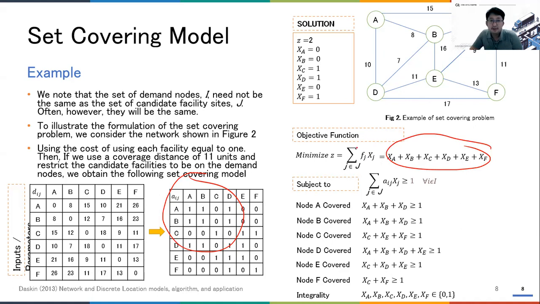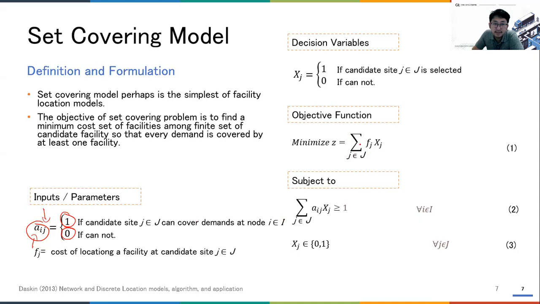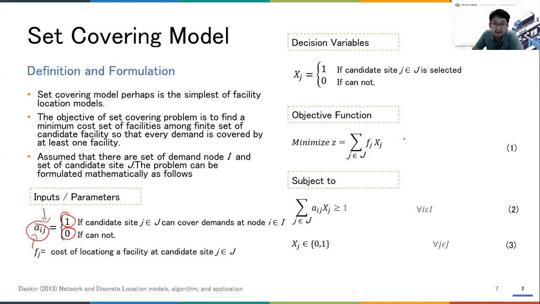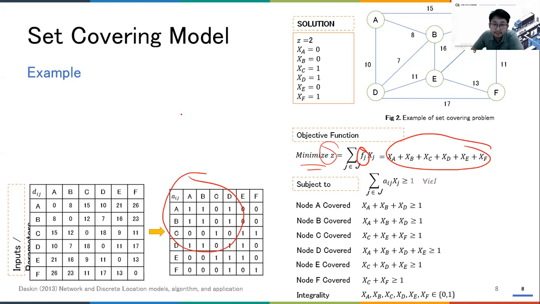Then you have this coverage matrix, and next you just need to put in the formulation here. Let's say the fixed costs are all equal to 1. If you break down the objective function, this summation means fa multiplied by xa, fb multiplied by xb, fc multiplied by xc, and so on through fd, fe, and ff. If these are all equal to 1, what's left is only xa plus xb plus xc plus xd plus xe plus xf. This is the manual way to calculate this.